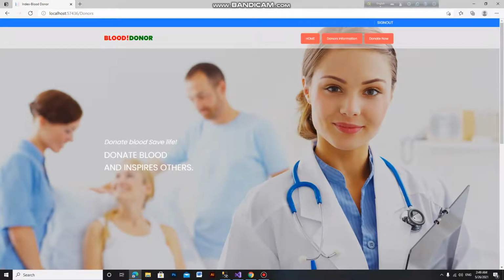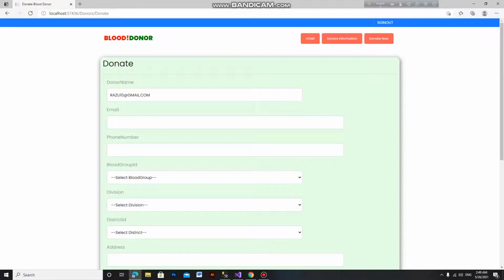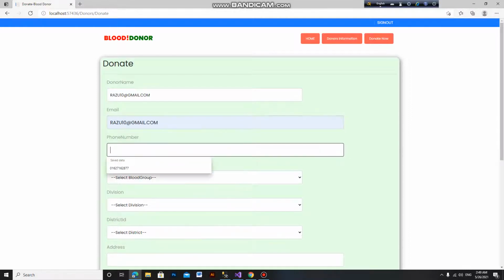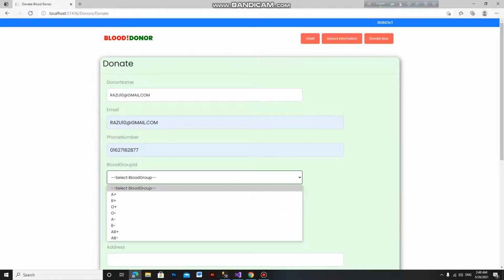So now I can show donate blood. First of all, he donates now. The donor name is already input here. Donor inputs their email and their number, and selects blood group, which blood he donates, AB positive.